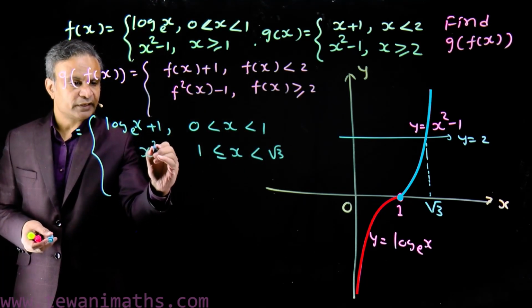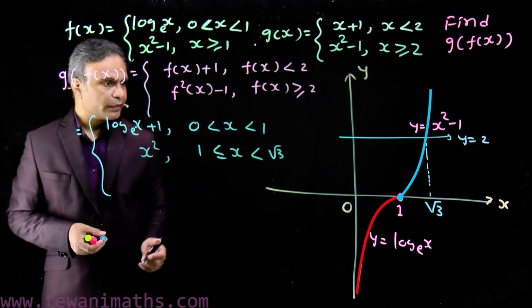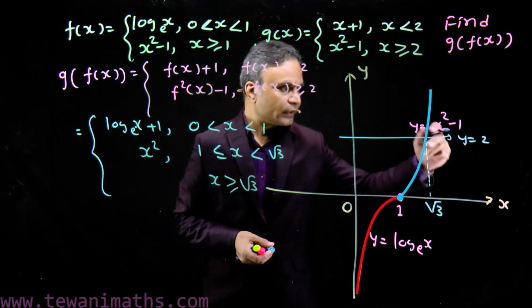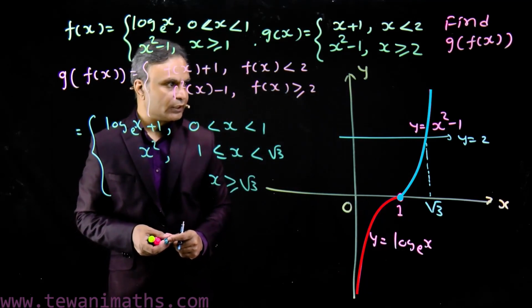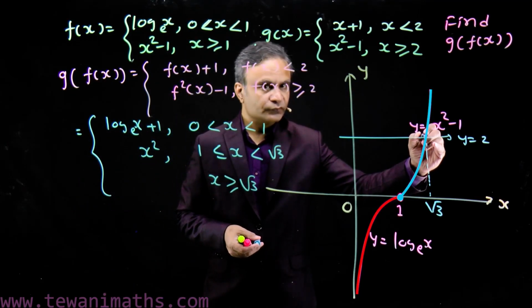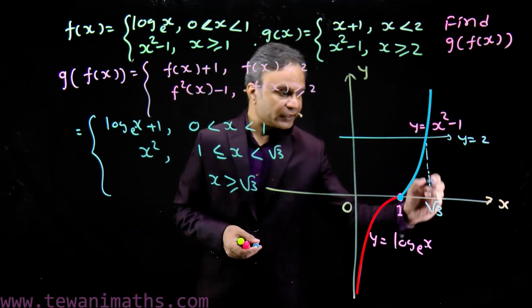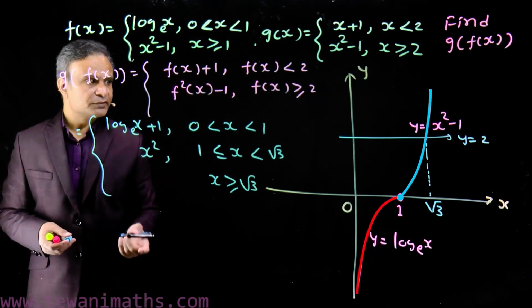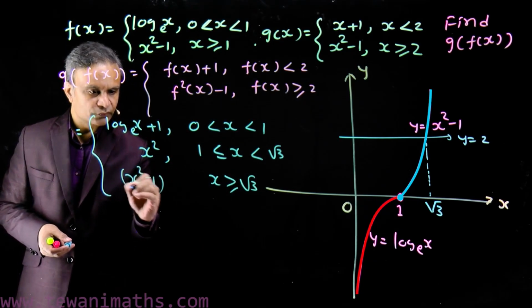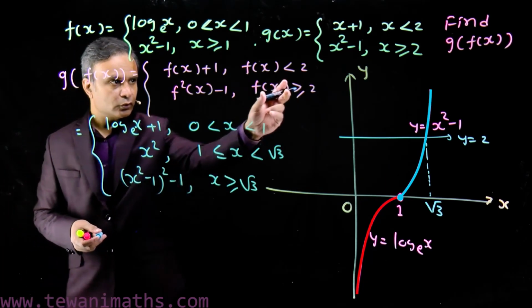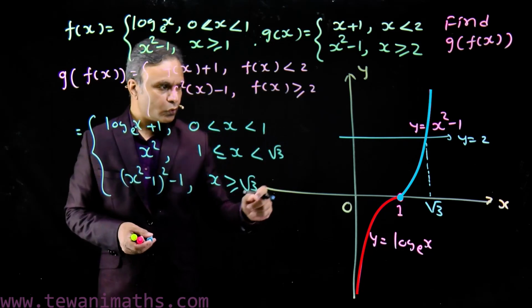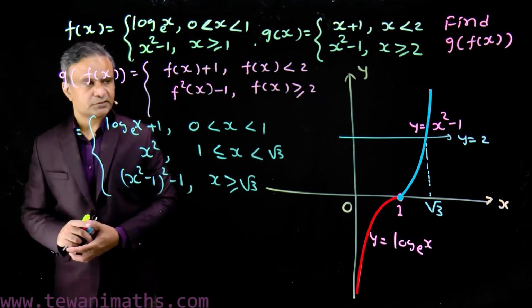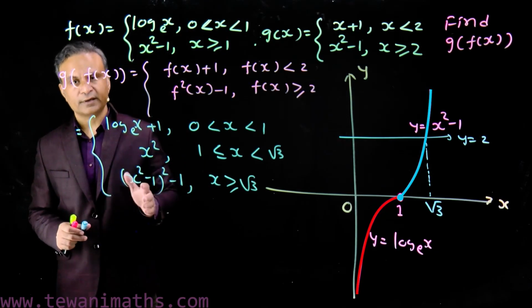ठीक है, so we have here x square for these values of x, and for x greater than or equal to root 3 we have fx is equal to x square minus 1. Okay, here we have fx greater than or equal to 2, for which x is greater than or equal to root 3. So in this branch we replace fx with x square minus 1. So we have this branch function for fx greater than or equal to 2 और x greater than or equal to √3। तो ग्राफिकल मेथड भी यूज किया जा सकता है, आसान है क्योंकि यहाँ पे fx का ग्राफ ड्रॉ करना आसान है। ओके